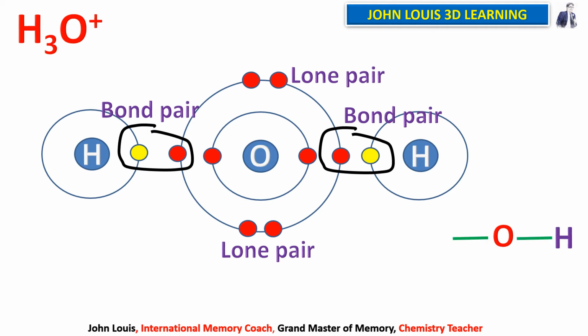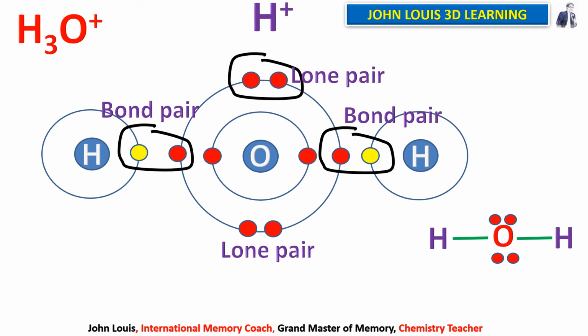Now let us take this oxygen. It forms two covalent bonds with two hydrogen atoms. Am I right? One with each hydrogen atom. And above the oxygen, one electron pair is free, that is a lone pair, and another lone pair is below the oxygen. Therefore there are two lone pairs of electrons. But in ammonia, in nitrogen, there was only one electron pair free. Here two electron pairs are free. Okay, so here this is a lone pair.